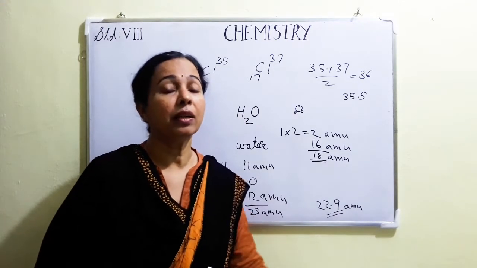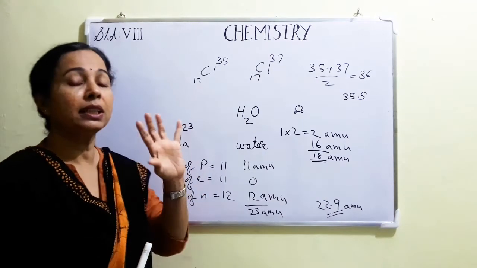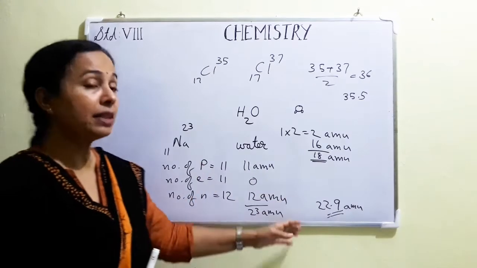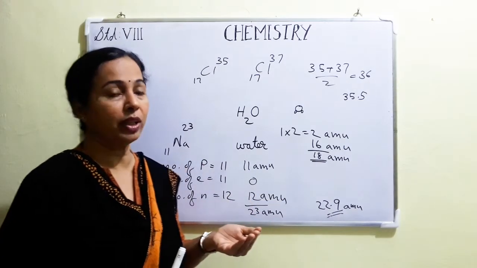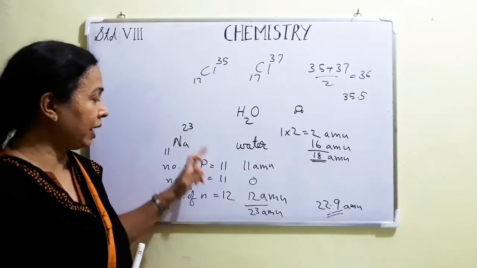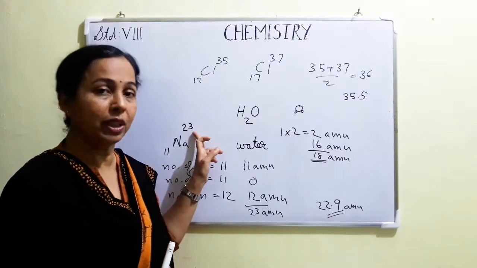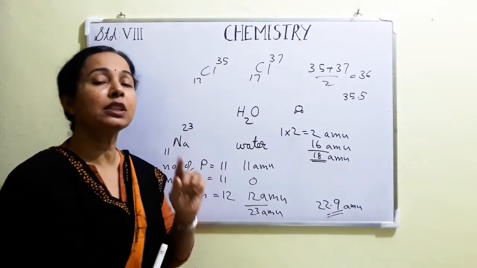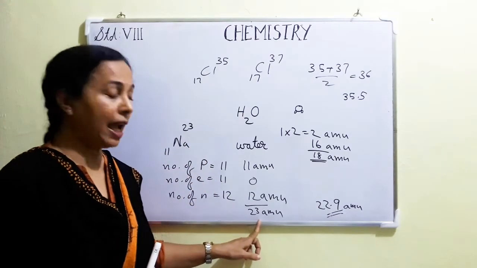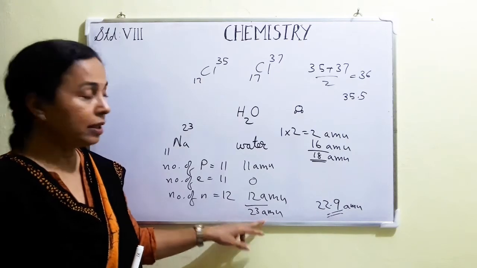Okay, but there is one basic thing. These two concepts are different. Mass number is the total number of protons and neutrons present in the nucleus. Atomic mass is the mass of the atom. Okay. The total number of particles in the sodium atom is 23: 11 plus 12. 23 is the total number of protons and neutrons together. And the mass of each of these particles is 1 AMU. So 23 into 1 AMU, you will get 23 AMU. Okay, that is how I found out the mass of the atom from the mass number.